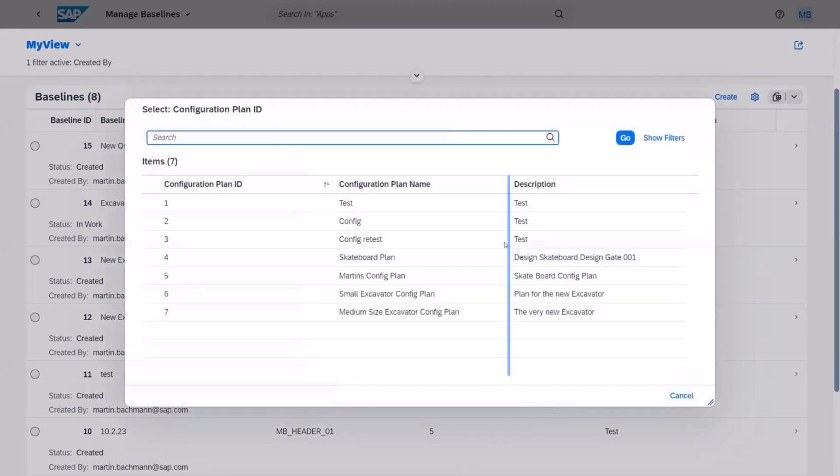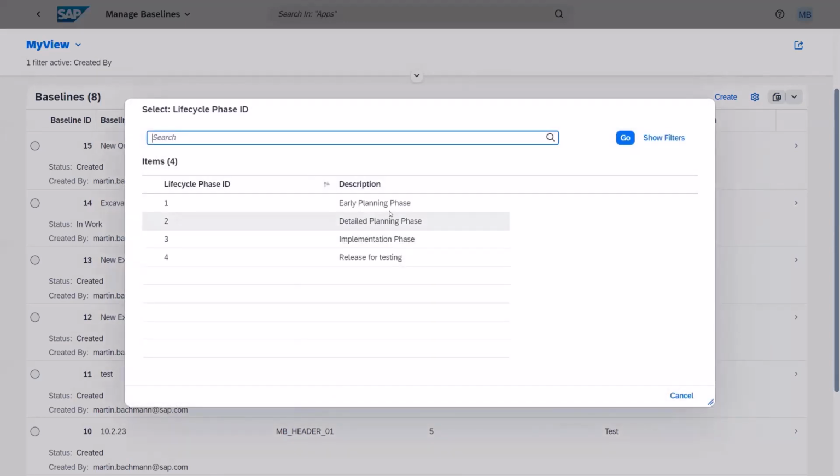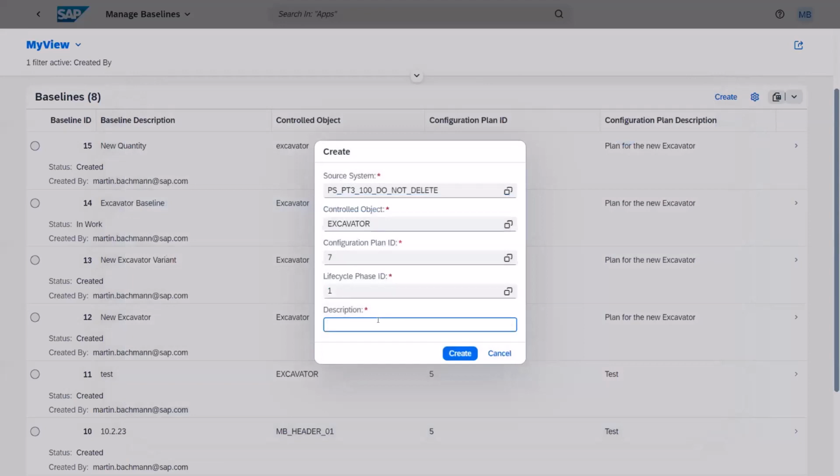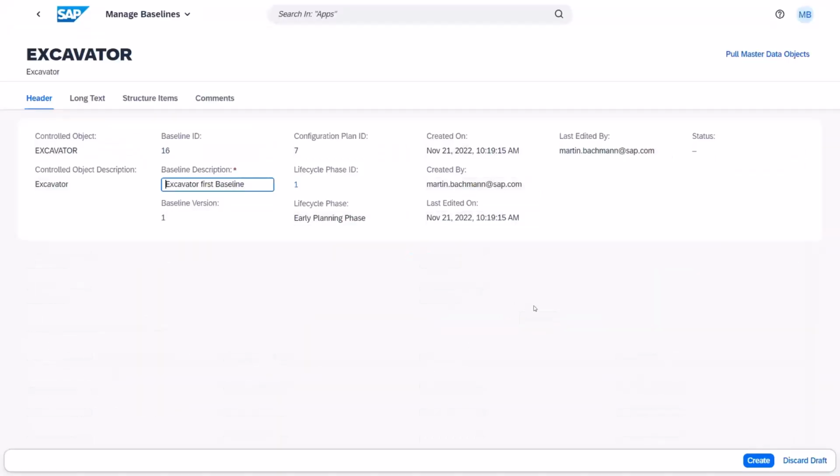Now it is really about my configuration plan ID. So we have here this excavator. Now we have here the lifecycle phase. Here it was the early planning phase, and now my description: Excavator first baseline. Create. Okay, now I have created the baseline, and what is now missing is really to pull the data out of